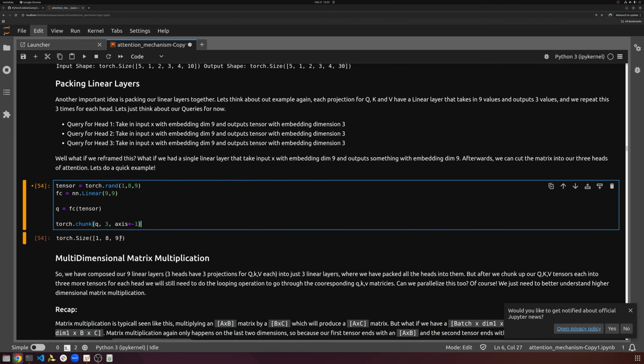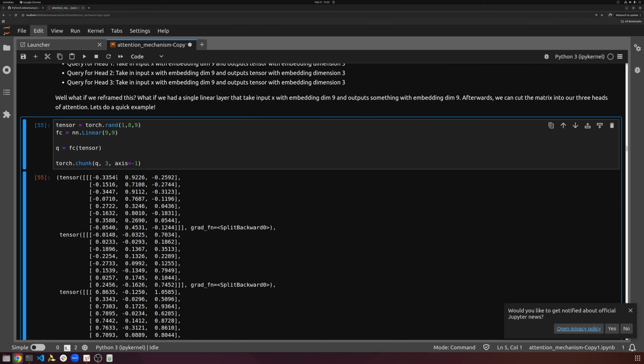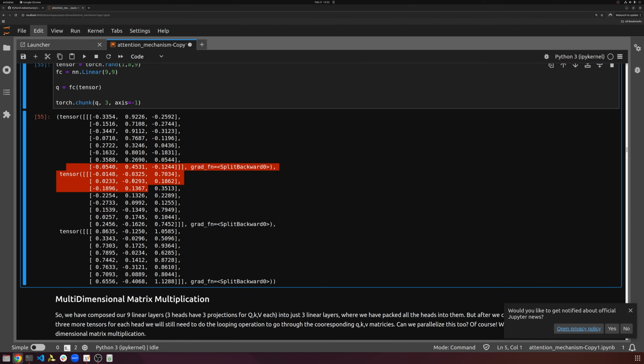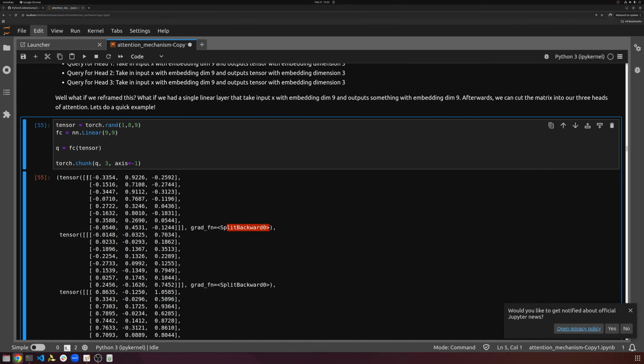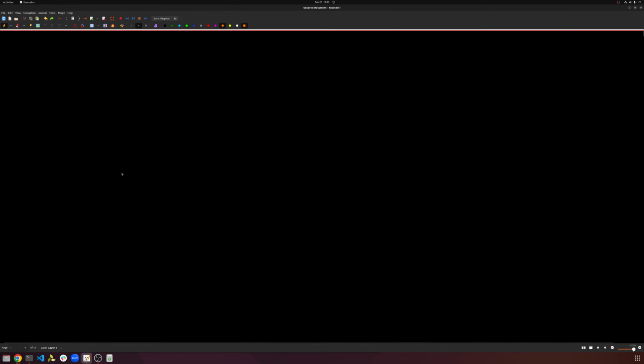So we want to cut this 9 up into 3 sets of 3. You can see that cuts it up: that's our first chunk, that's our second chunk right here, and that's our third chunk. Notice it's a split backward, but it's still the same idea, just chunking it up. And just to give a general idea of why this works,